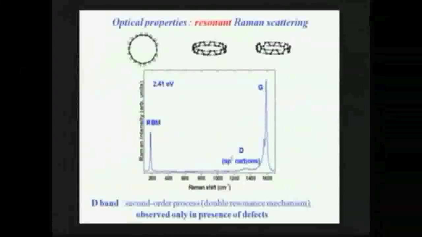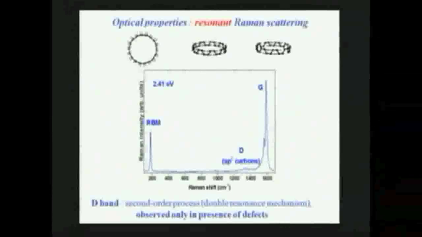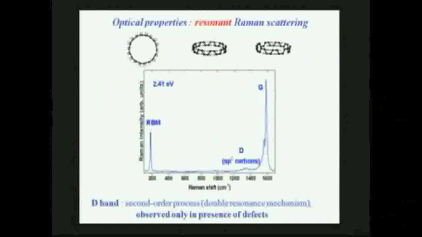The first one is this band, which we call D-band, and here D refers to defects. We call that D-bands because this band is not allowed for ideal without defect nanotubes. If a nanotube doesn't have any defects, it has only sp2 carbons, and when you have sp2 carbons, you cannot see this band. So the only case where you see this band, this D-band, is when you have sp3 carbons